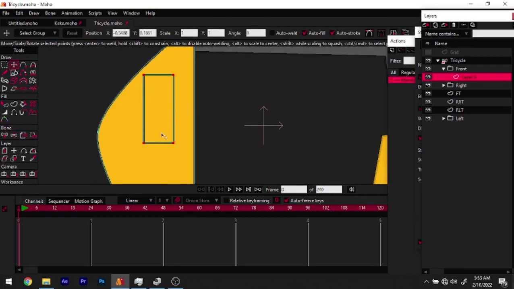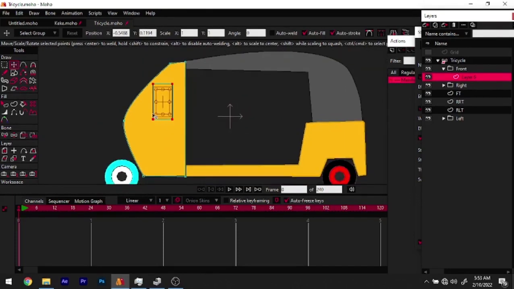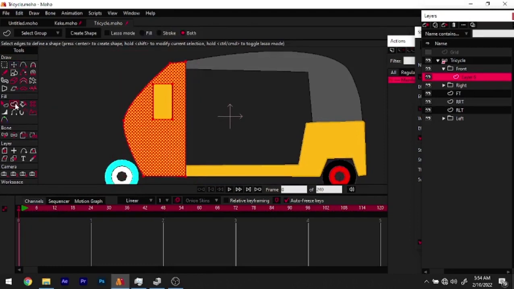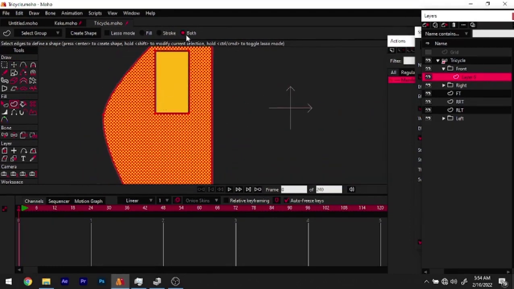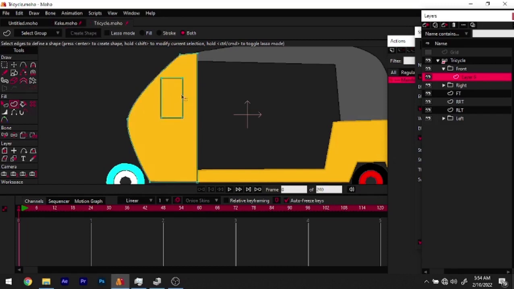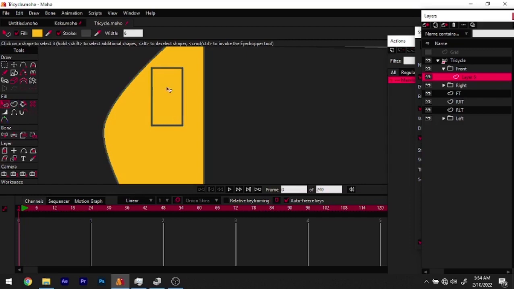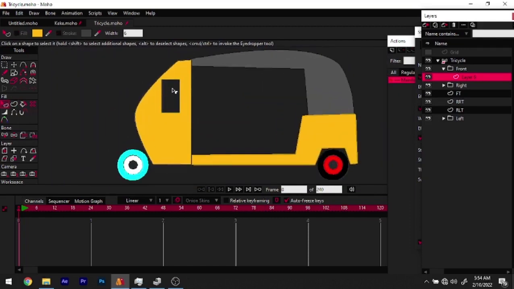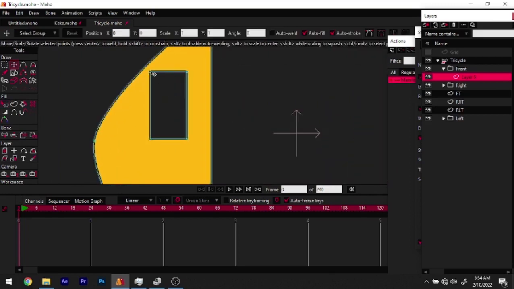All right, so this is our rectangle. I'm going to select Ctrl A to select all the points. Then I'll click this create shape tool. As you can see, Moho has highlighted the outer part and has left the inner part not highlighted. So I'm going to create a shape. Right now this is already a hole, so I just have to delete this. Use my select shape tool to select the inner part, delete for the first one, select again and delete for the second one. So right now you can see we have a hole through our object. Right, so what we're going to do now,